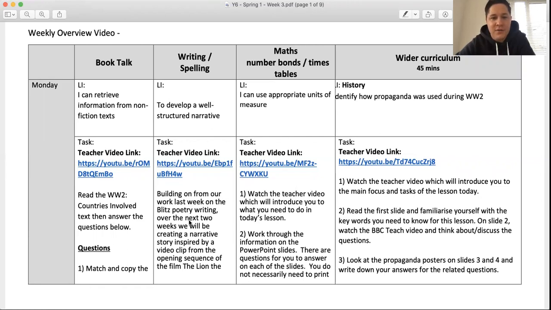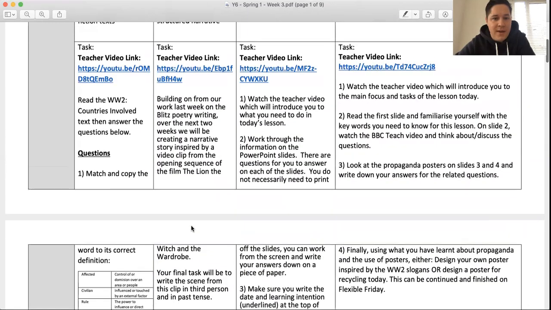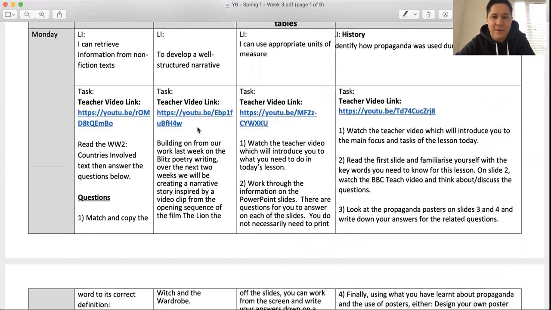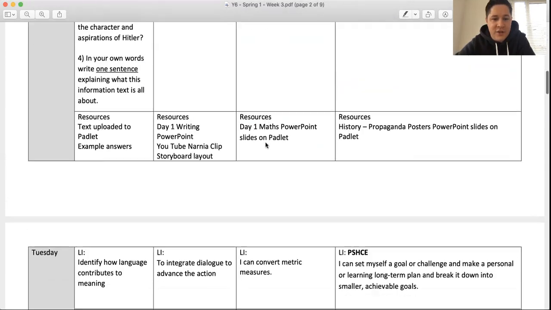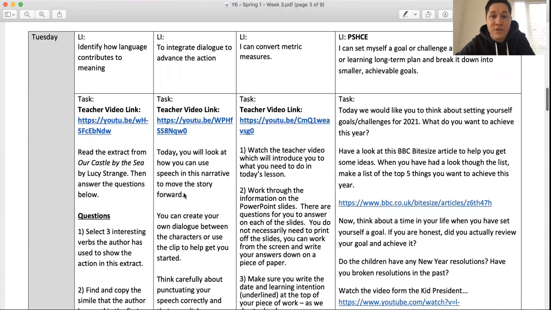And you're going to, first of all, do a storyboard of the key events in the scene. Now, the scene is on the YouTube video link, which is here, okay? And there's a teacher video for the lesson as well from Miss Mac to explain what you are doing. The writing continues. And the second lesson on Tuesday is all about speech, because there is some speech between the characters in